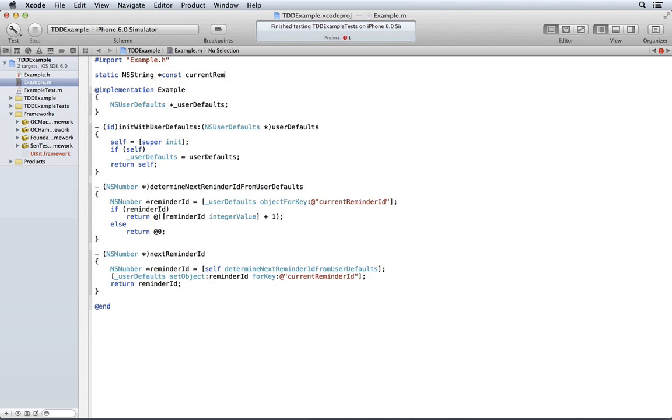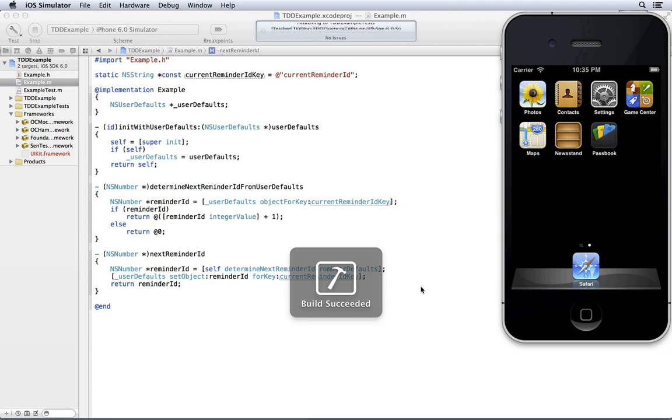Current reminder ID key. Like that. And run the unit tests again, and we pass again.